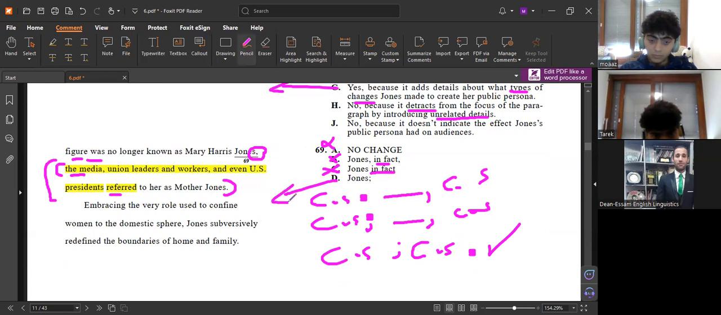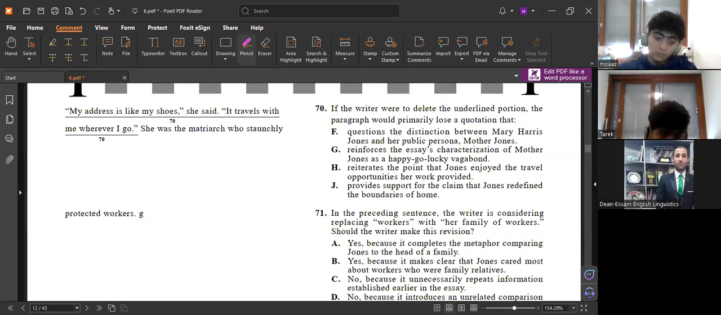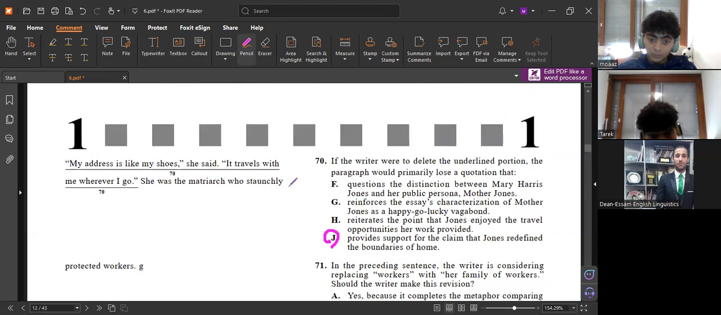I'm just checking all the rules that I memorized. That's all. When I see semicolon in answer, I must check complete or not. That means you have a problem in the sentence fragment chapter. So we'll revise it. Right. Number 70, what's yours? For 70, I think it's G. G, wrong. Must be J. I said lose. That means we need the meaning of the quotation in the paragraph. Support for the claim that Jones redefined the boundaries. How did you